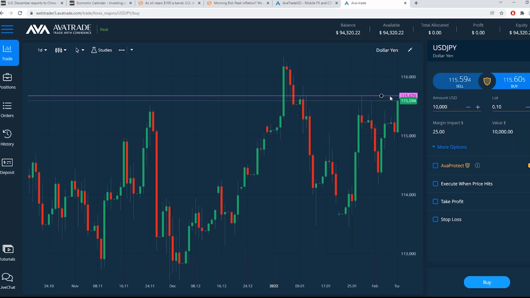Okay, so we do have some resistance there, but if the movement breaks through here, look at the room it has to run before the next resistance level. We're talking 100 pips up or more. You could potentially have a surge before it gets to the next resistance level on the 1-day candles.